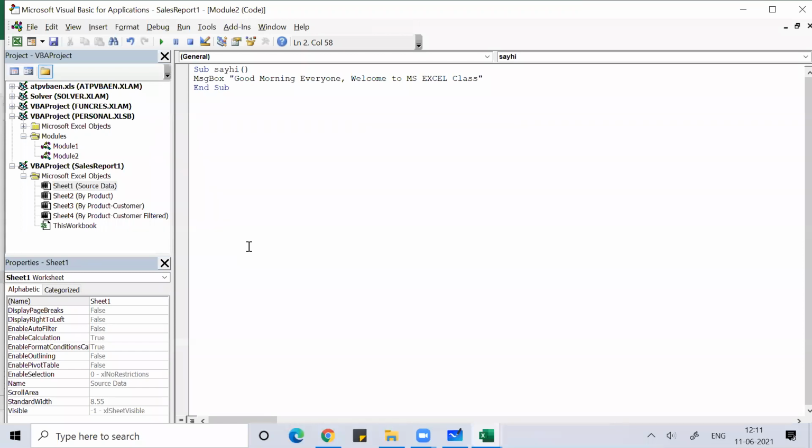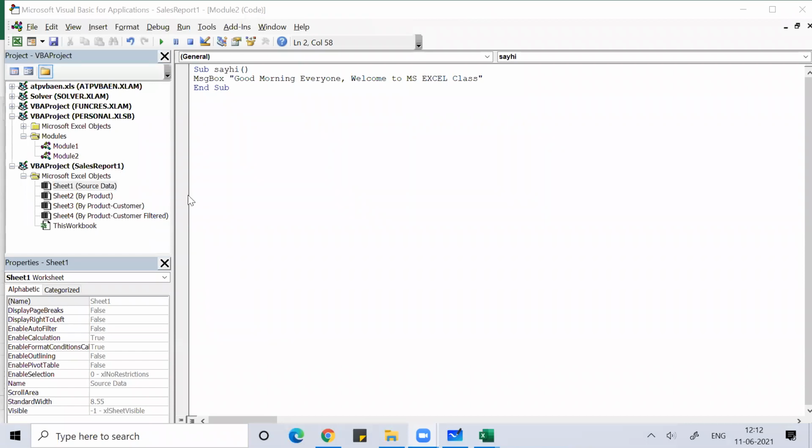Once you click on Visual Basic, I want to automate the width of my cell. We can do this only sheet wise.